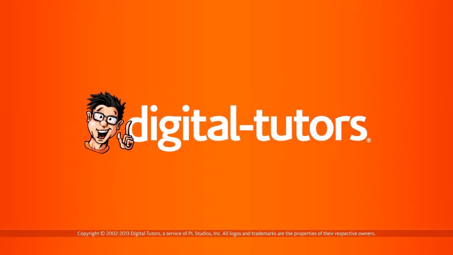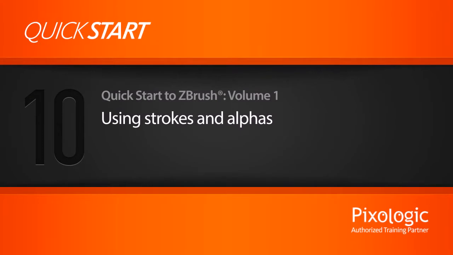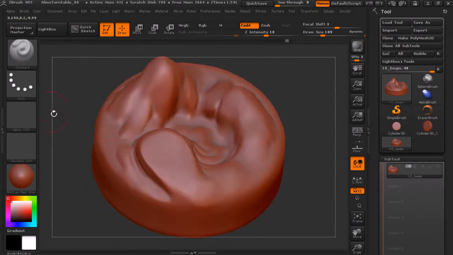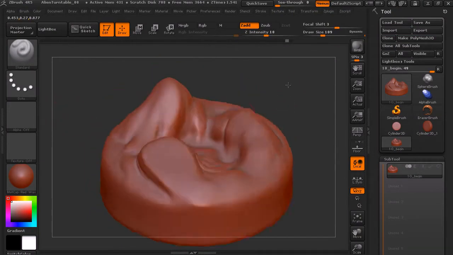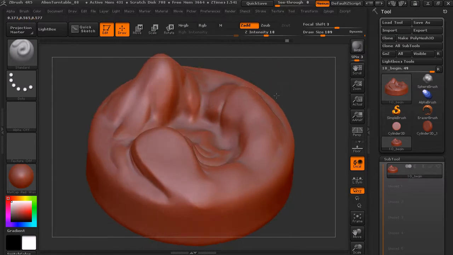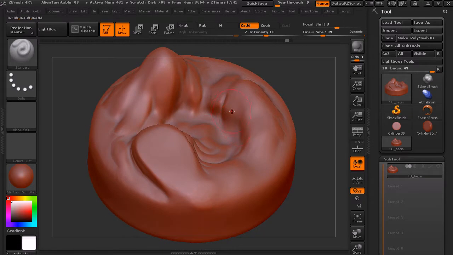In this lesson, we'll talk about using different strokes and alphas as we sculpt. So, kind of starting where we left off, here is where we began, with just the basic structure. Up to this point, we've been sculpting and building up these rough overall shapes. To get detail, such as bumpy detail on these rocks or some sort of cracks and things like that, we can start to integrate